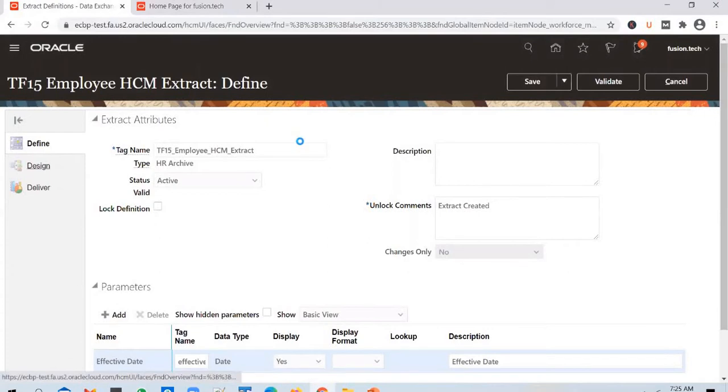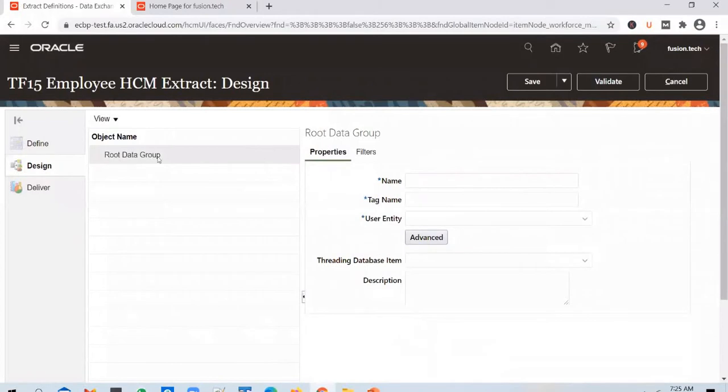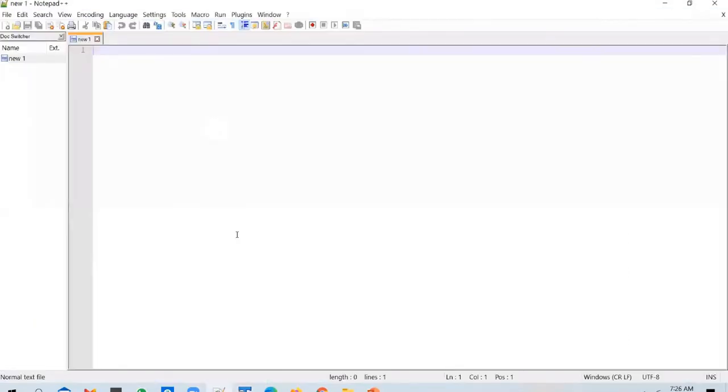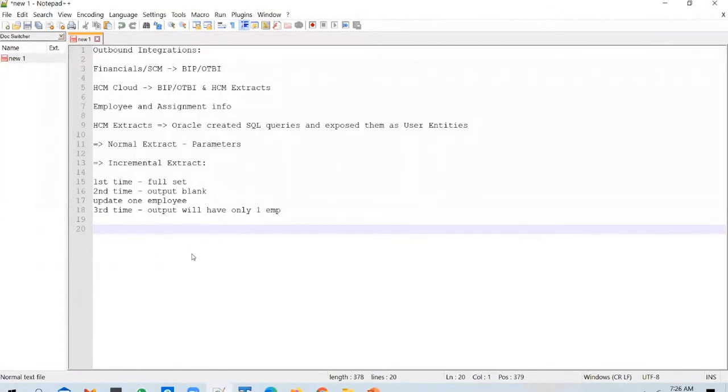So you go to Design tab and start setting it up. And in the Design tab, you will have a hierarchy like this. The hierarchy that you will have is, just give me a moment, guys. The hierarchy you have is